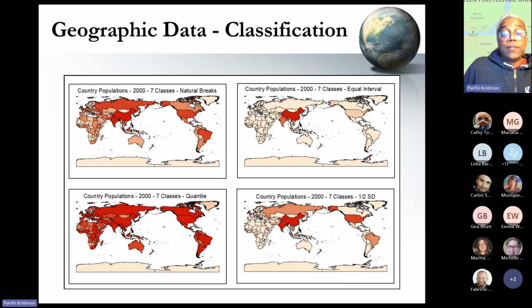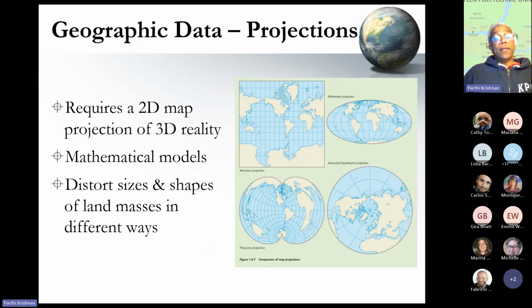Adding to all of this challenge is also the fact that the globe, or the world, is not a two-dimensional reality. So when mapping at the global scale, we have to project to translate the three-dimensional globe onto a two-dimensional map for practical purposes. So imagine trying to peel an orange and somehow flattening and stretching the peel to form a rectangle. So we need some kind of mathematical model to accomplish this for mapping the globe.